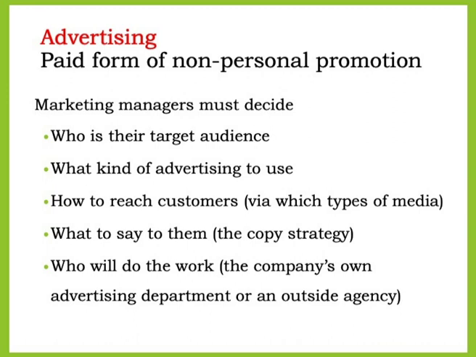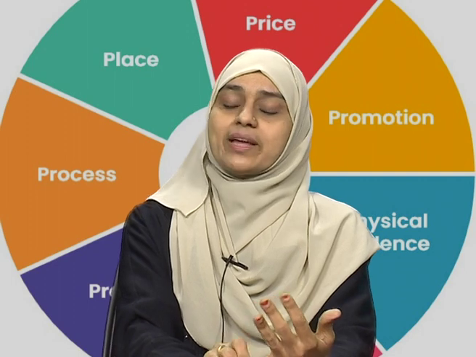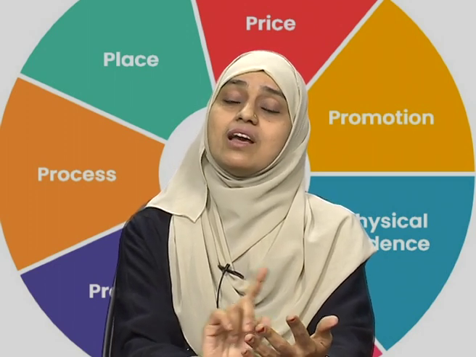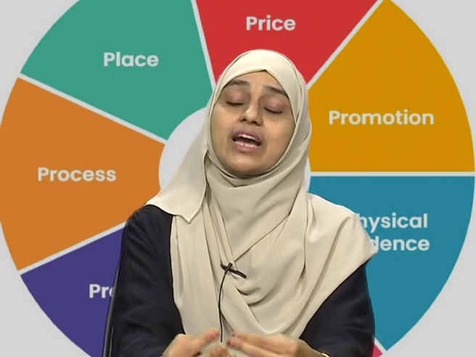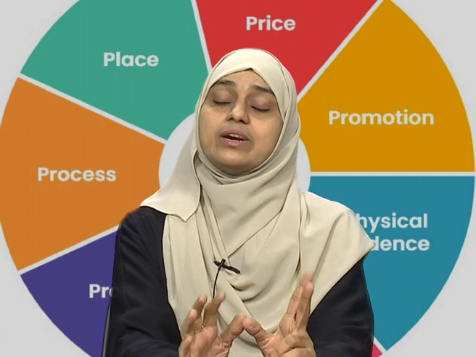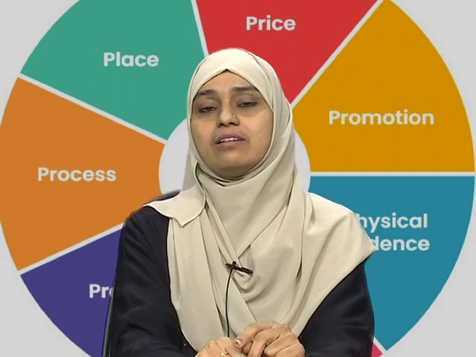First one is target audience. Depending upon who is my target audience, my advertisements will differ. For example, when you talk about products such as cooking appliances or detergent powders and all, your basic target audiences are housewives. So your promotions will have to be in and around them. On the other hand, if you talk about advertising a cartoon program or chocolates or kids apparel, then your promotions have to be diverted towards children. So therefore, depending upon who is your target market, your promotions will have to change when you advertise the product which you are promoting.